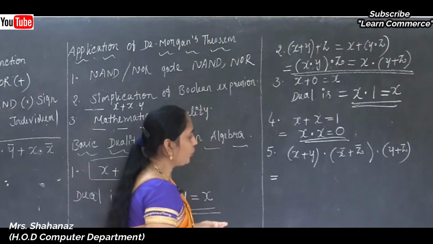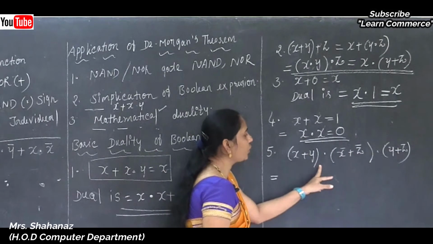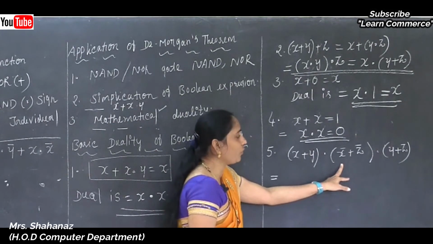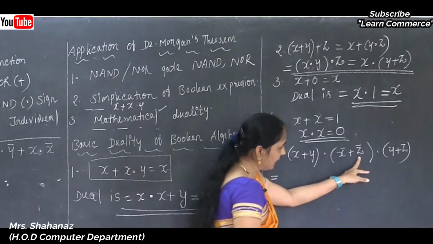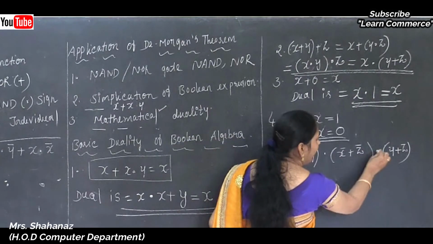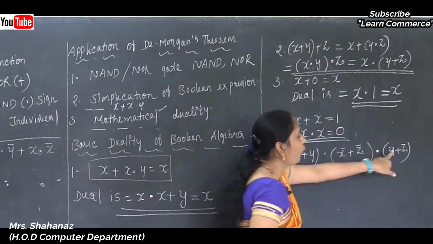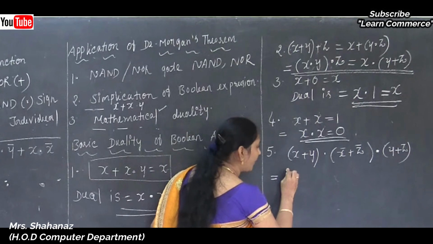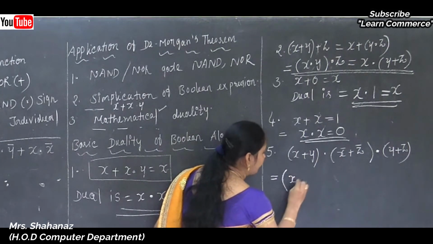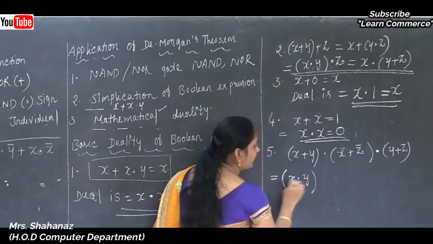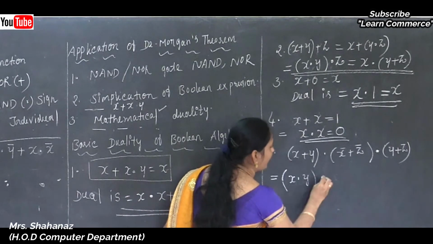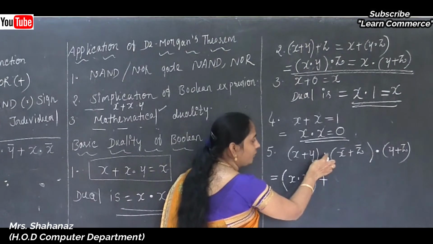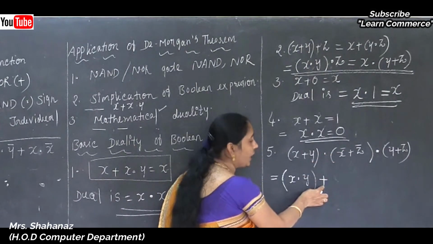example, that is opening of the parenthesis x plus y, closing of the parenthesis, and opening of the parenthesis complement of x plus complement of z, closing of the parenthesis, and then again dot and opening of the parenthesis y plus z, closing of the parenthesis. So how are we going to change it? That is the x and y. Okay, x and y, and later the plus sign is there. We need to change it to the dot sign. Sorry, the dot sign is there. We need to change it to the plus sign.